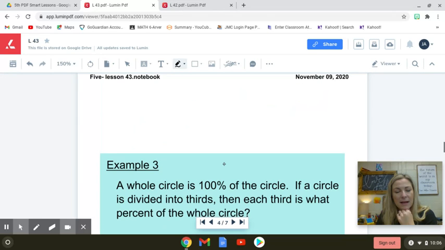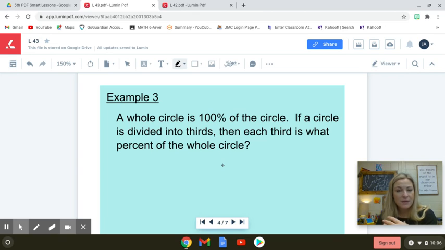Let's do one more example. A whole circle is 100% of the circle. If a circle is divided into thirds, then each third is what percent of the circle? I wanted to do this example with you today because I had been noticing in people's homework lately that I was getting just